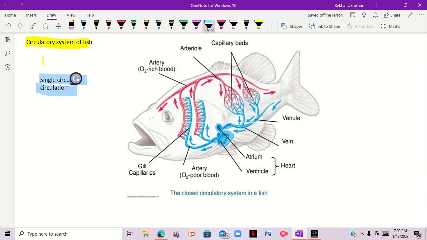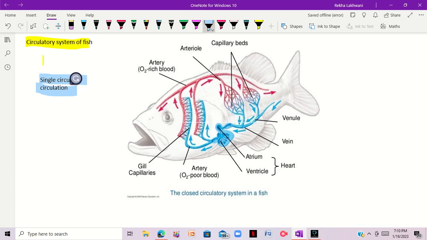Basically, single circuit circulation means that the blood will enter the heart only one time. Like in human beings, it is double circuit circulation. It means that blood enters the human heart twice. First is pulmonary circulation and second is systemic circulation. We will talk about this when we discuss the heart in mammals, but today our topic is